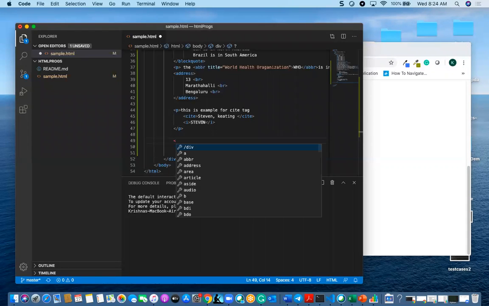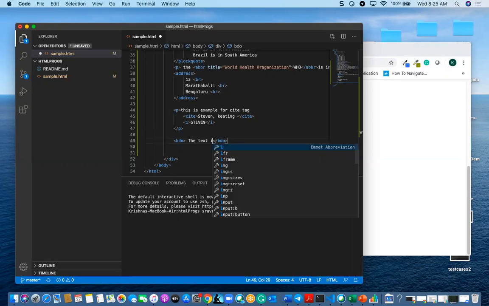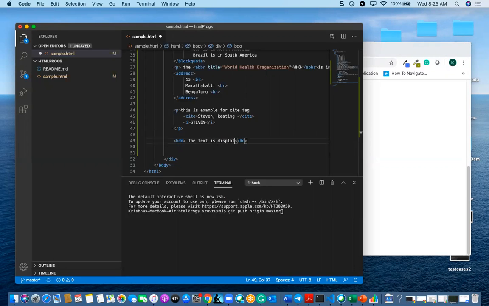And one more thing is BDO, bidirectional override. It will display the text from right to left and left to right. So if I have the text displayed like this, and I just want to make this from right to left, I can go for RTL.